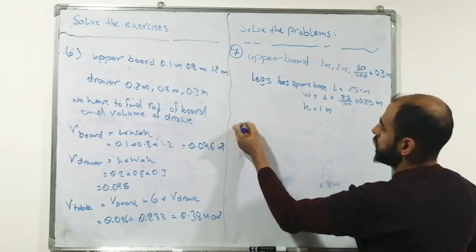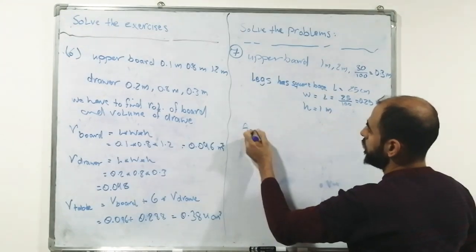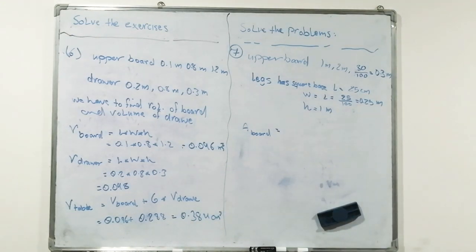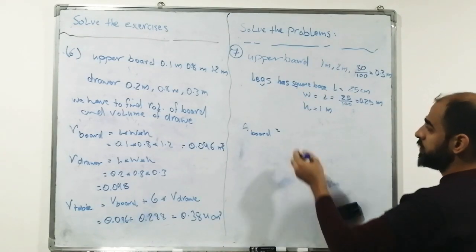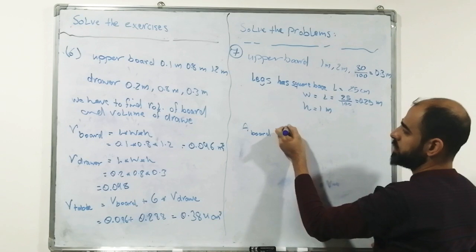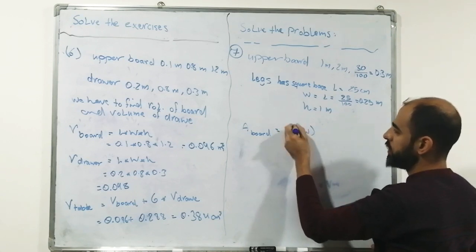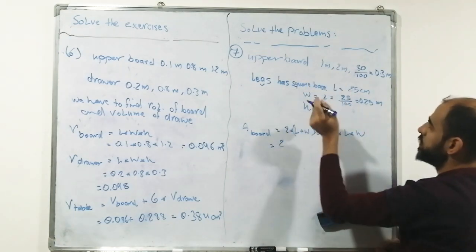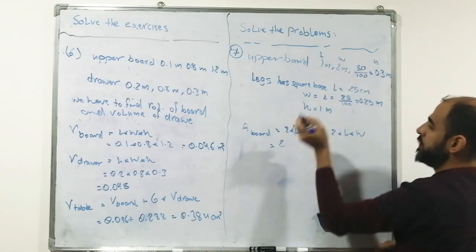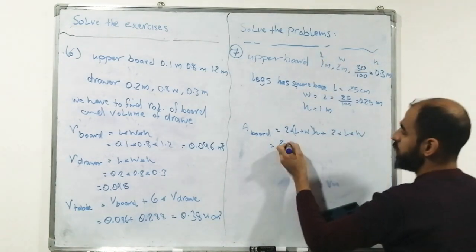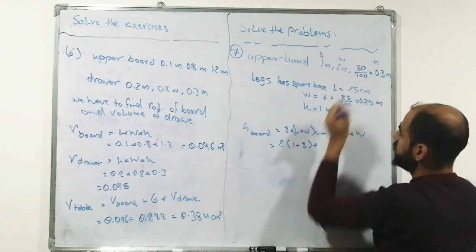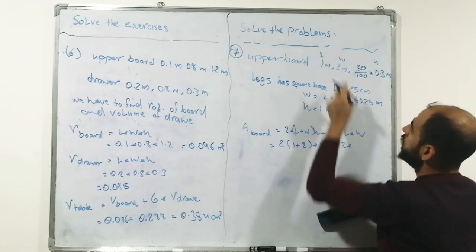So we will find the area of the upper board. Since the board is a parallelepiped, the law of the total area or surface area of a parallelepiped is 2 by (length plus width) by height plus 2 by length by width. So substitute the length, width and height: 2 by (length 1 plus width 2) multiplying by height 0.3, plus 2 by length 1